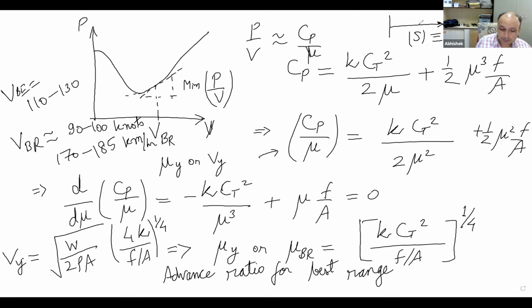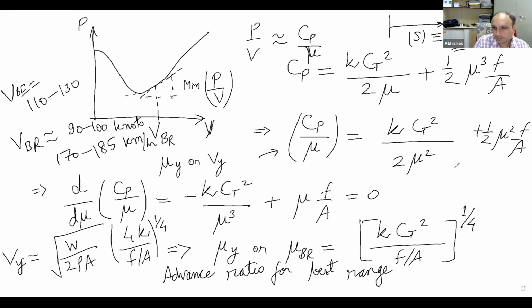Now, I have to choose my velocity in such a way that for that given velocity, or rather, how should I put it? My distance traveled is actually a function of velocity. It's not a function of power directly, but power is actually a function of velocity. So I have to choose my velocity in such a way that my